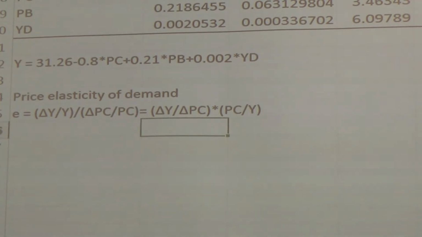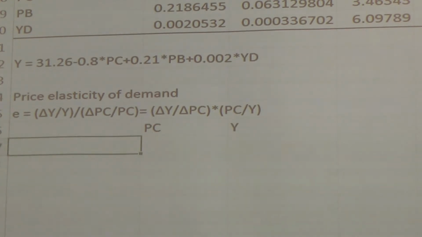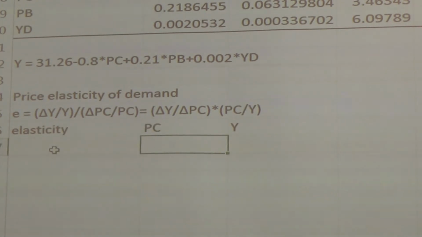So let's say it depends on PC and Y. So that's E. So suppose PC is equal to